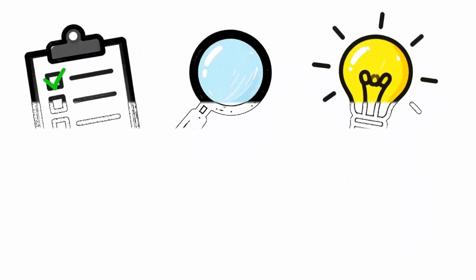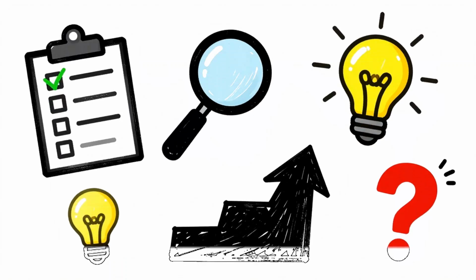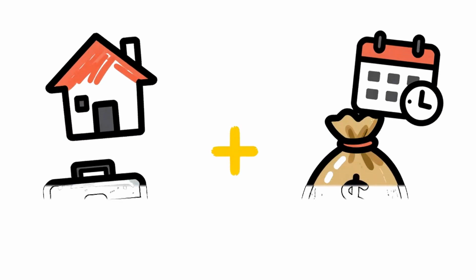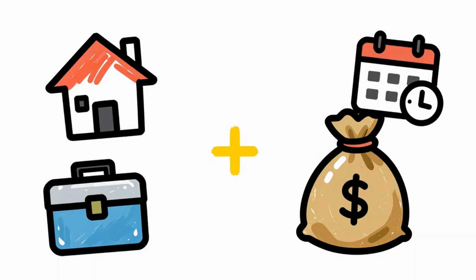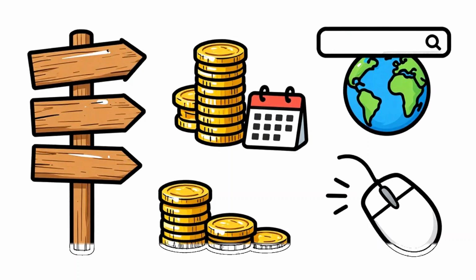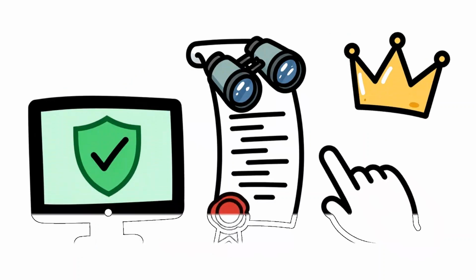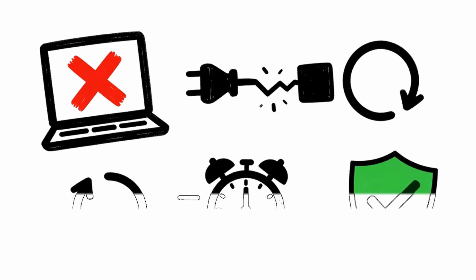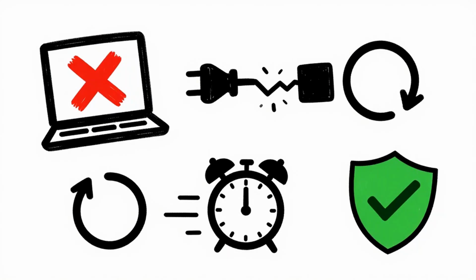So here is the complete action list, in order of priority. Confirm whether you are in scope. Gross income above £50,000 from self-employment and property combined in 2024 to 2025 means Making Tax Digital applies from April 2026. Approaching £30,000 means April 2027. Approaching £20,000 means April 2028. Check at gov.uk. Confirm your software is on HMRC's approved list. The approved list is at gov.uk. If your software is not on it, it cannot submit to HMRC's API, regardless of how well it generates the figures. Switch to approved software before your next quarterly deadline.